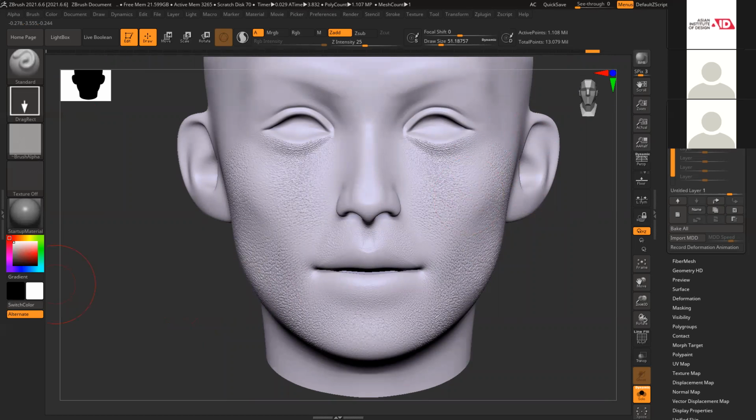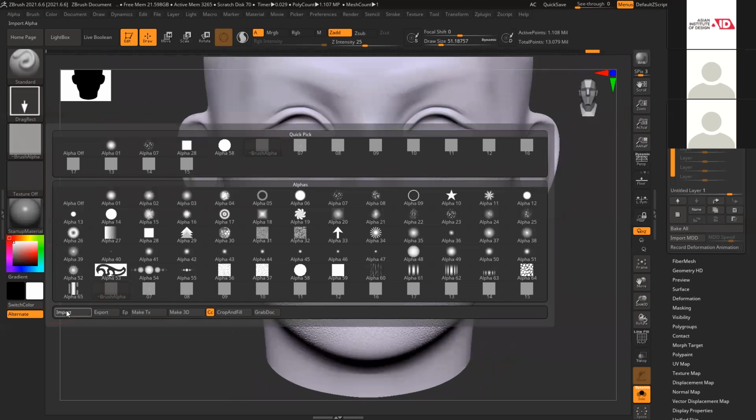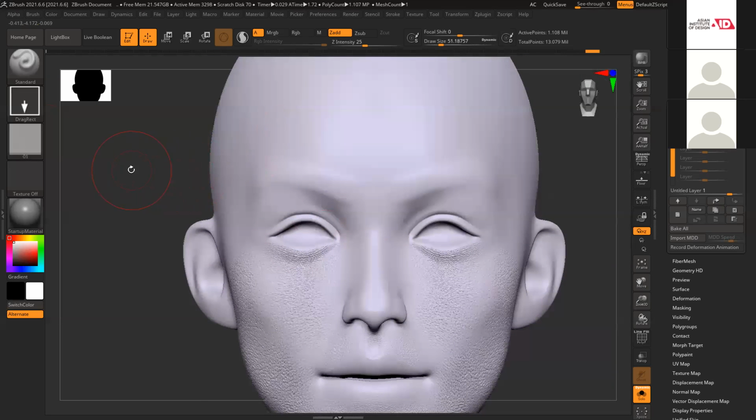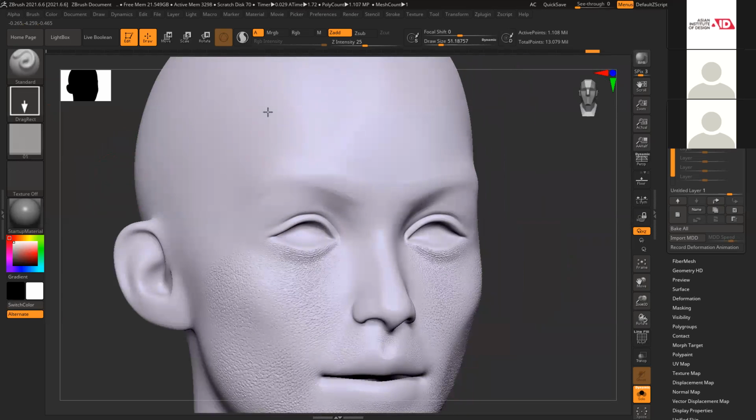Now we have forehead. One, symmetry is on again.